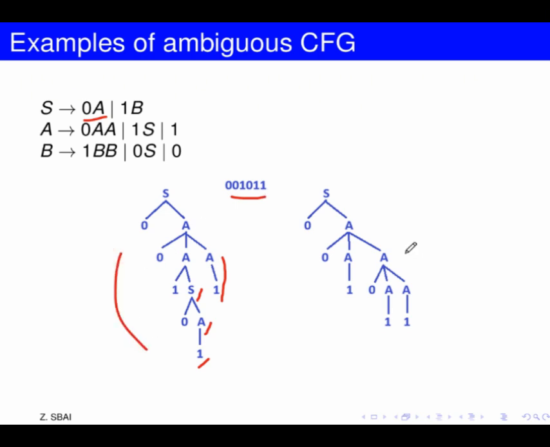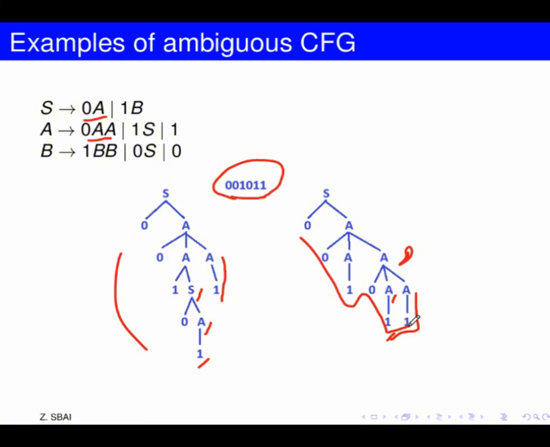Here in the second part, we may apply A derives 0AA according to this rule, and for this A it will be substituted by 1, and the second A will be substituted by 1, and again we will be able to generate the string